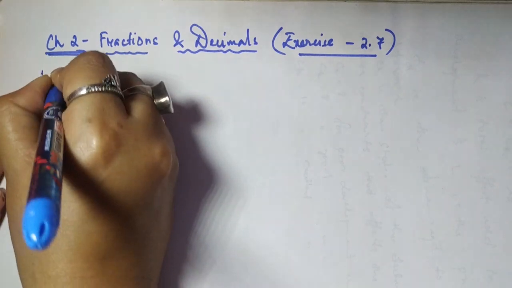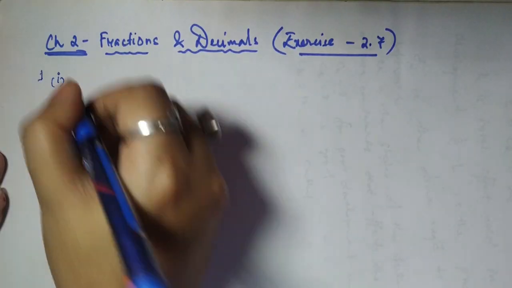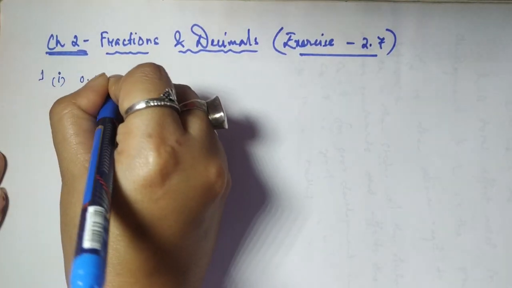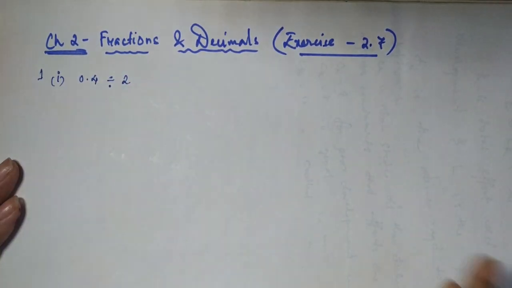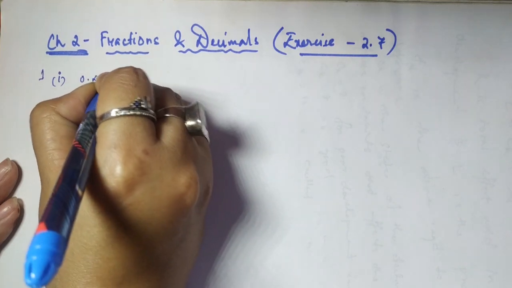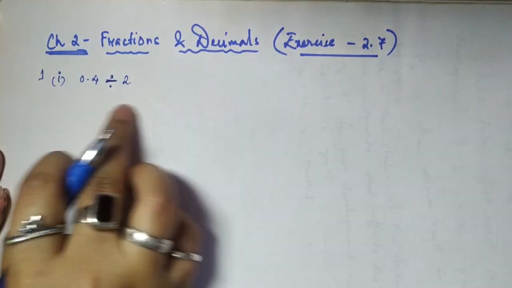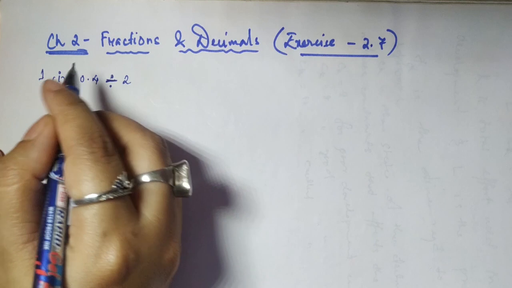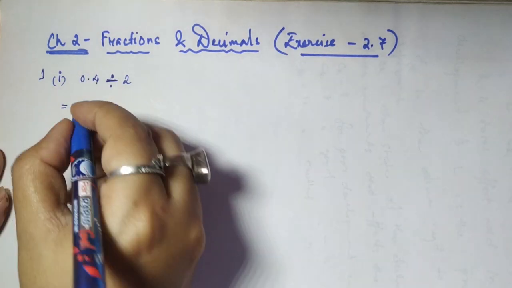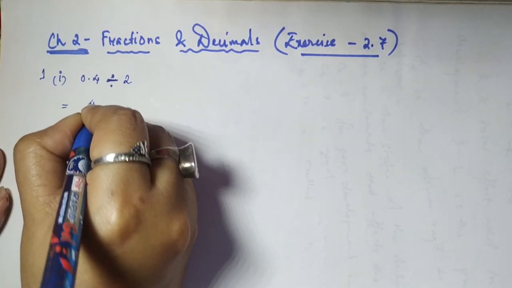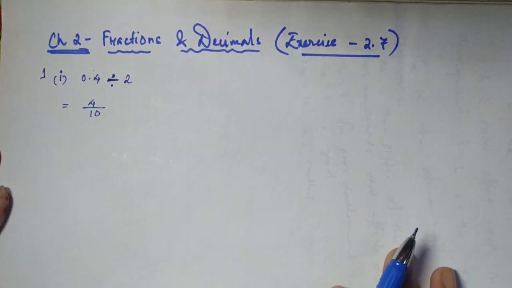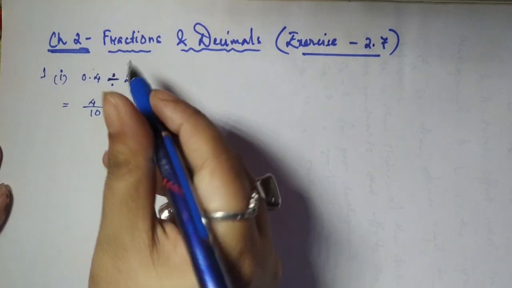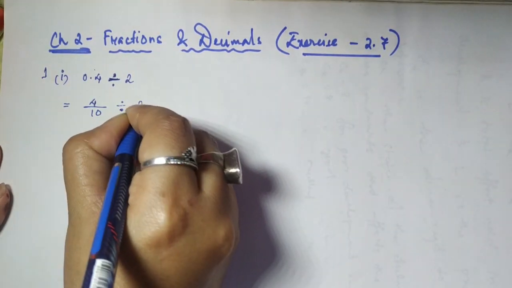So question number 1, I'll show you few, is 0.4 divided by 2. So what you have to do when there is a division symbol, you cannot cancel the terms and all. So what we do, we'll try to make it in a fractional form. So all of you know 0.4 is equal to 4 by 10. Yes or no? If you convert this fraction, you will get 0.4. And here it is division and this.